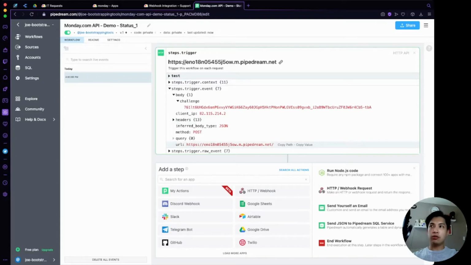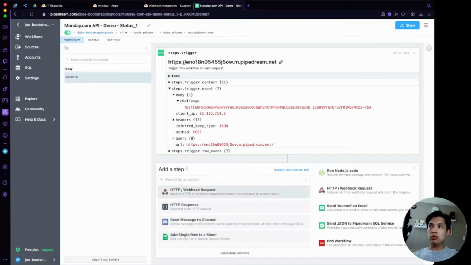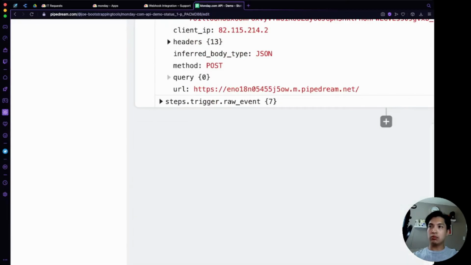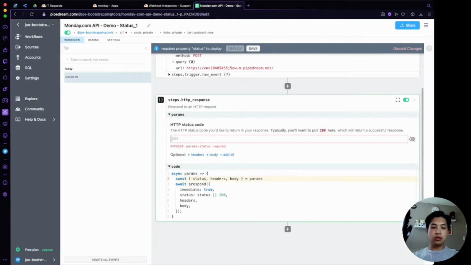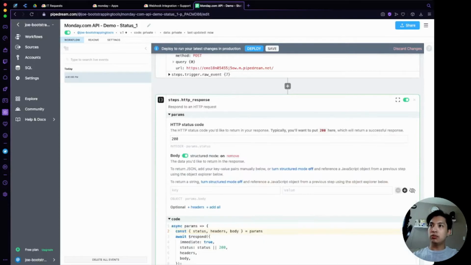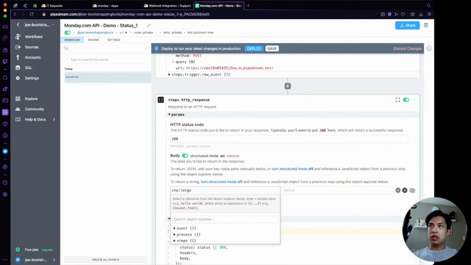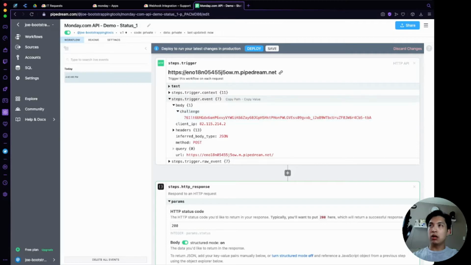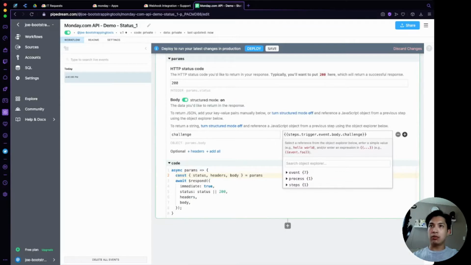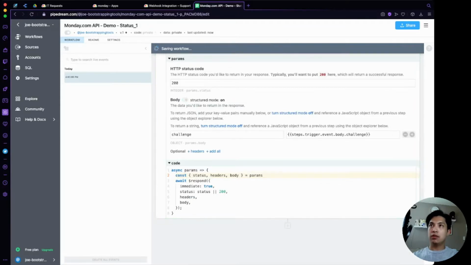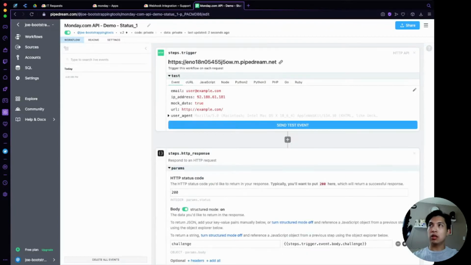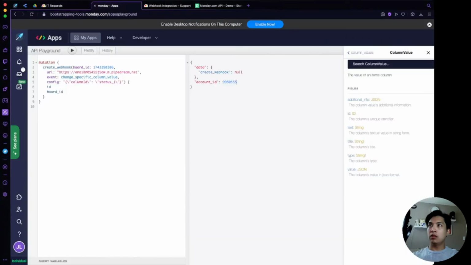So going back over to Pipedream, what we'll do now is we're going to use HTTP response. We're just going to respond back to it, and we're going to say 200, and then within the body, super easy, we're just going to say challenge, and then within our trigger over here, it's going to copy the path to it because we're just going to respond back with that same trigger. So save this and then also deploy it so that when we run this one more time in GraphiQL, it's going to actually give us a little ID of a webhook. So hit play,